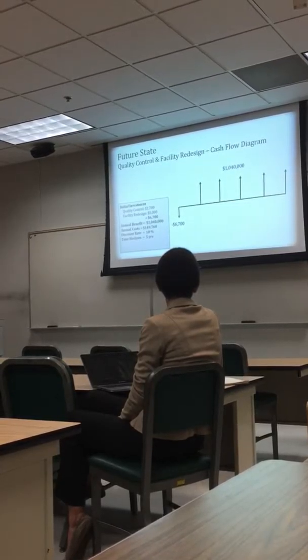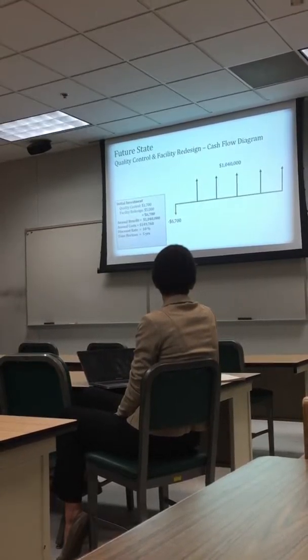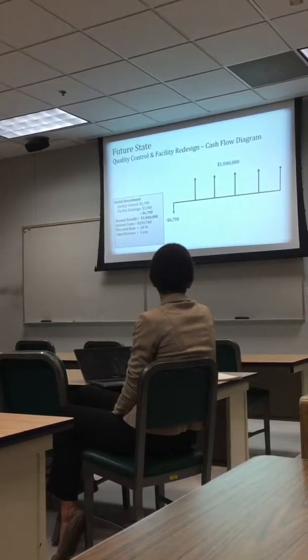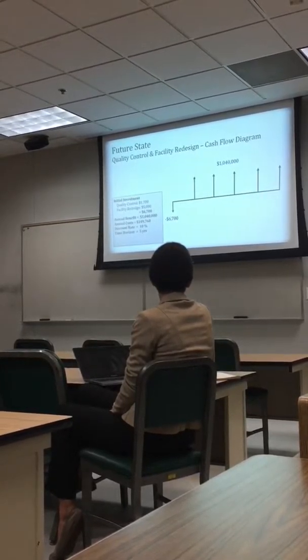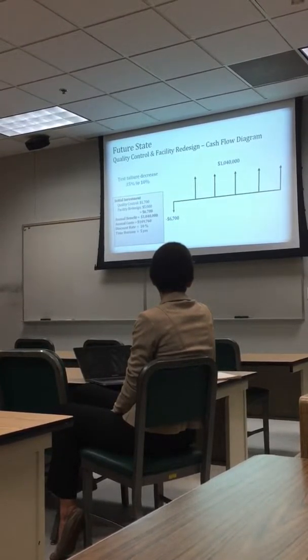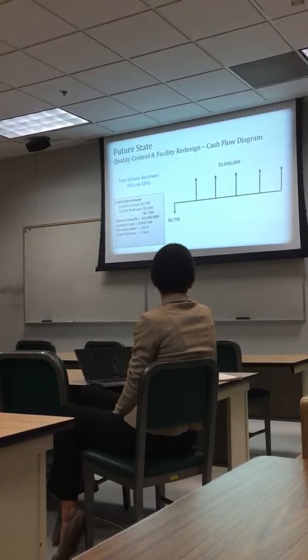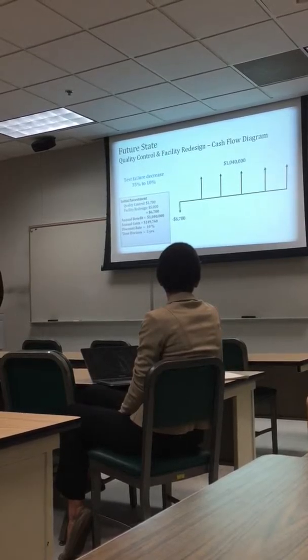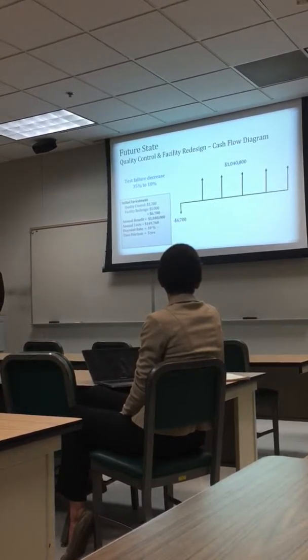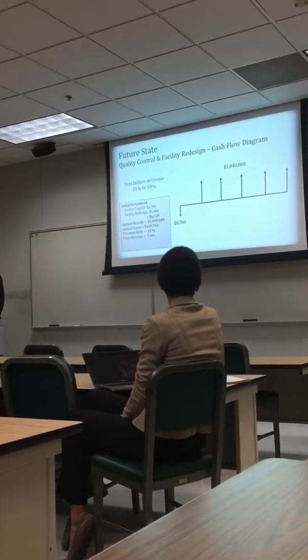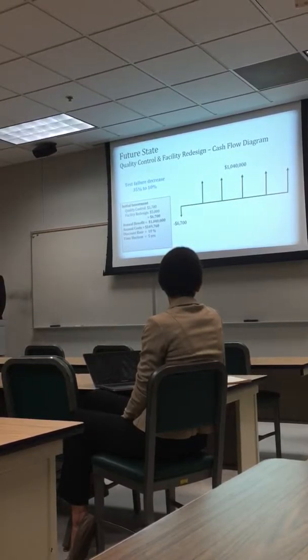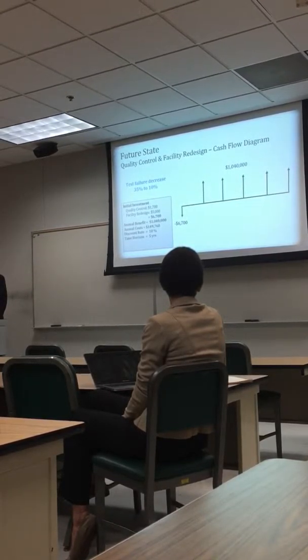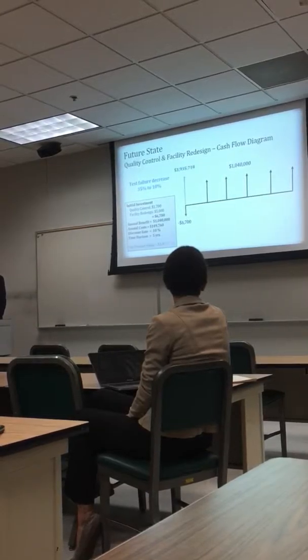So now looking at our cash flow diagram, we have our quality control system and our facility redesign, based on the assumption that we would be able to decrease the failure rate from 35% to 10%. With the quality control system costing about $1,700 and the facility redesign construction costing about $5,000, we have an initial investment of $6,700. And over a time horizon of 5 years, we have a total net present value of